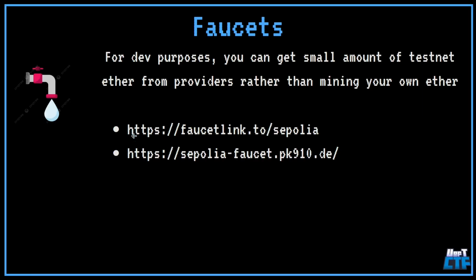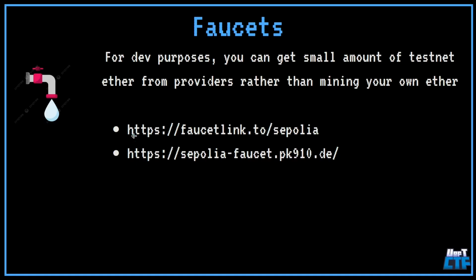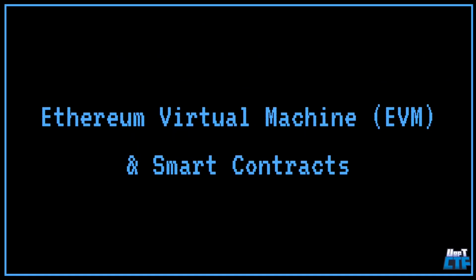Okay, so we'll talk about smart contracts, which are kind of the main point of today. When you're doing blockchain security, you're auditing the code of smart contracts. So smart contracts run on something called the EVM,